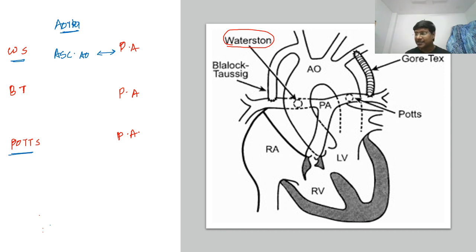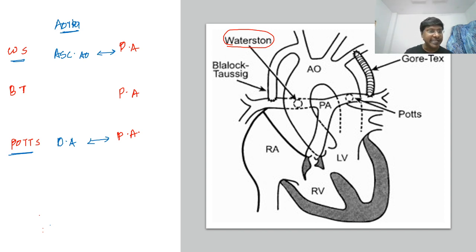Next, you take the pot shunt. See, you know that a water pot will be there, for example over the floor or over the ground. So what do we do for taking up the water with the glass? We bend downwards. That means we descend downwards to take the glass of water. So just remember, pot shunt is between descending aorta and pulmonary artery.